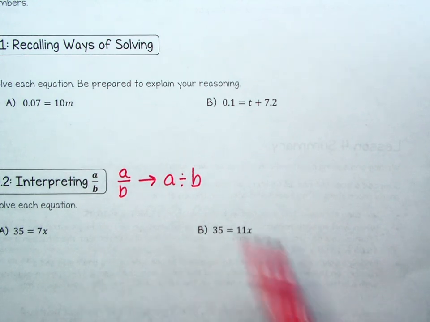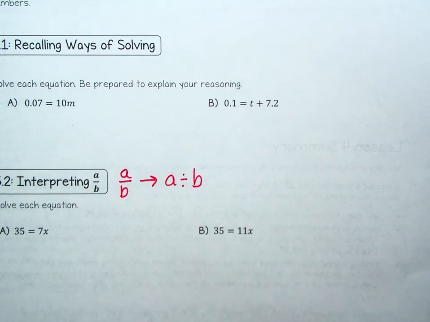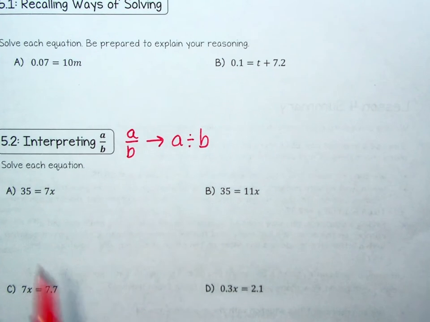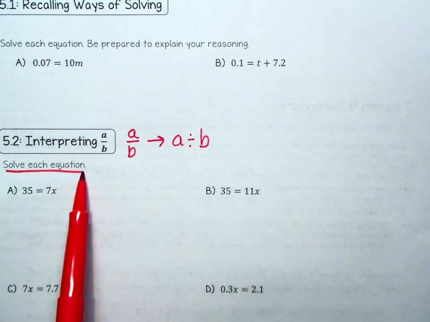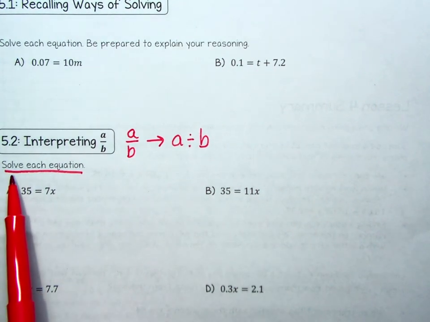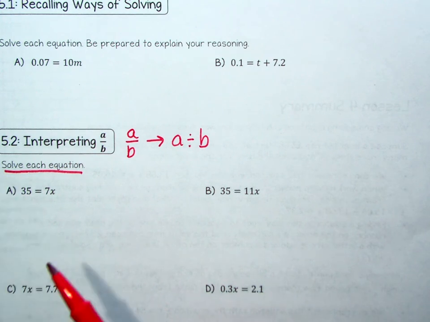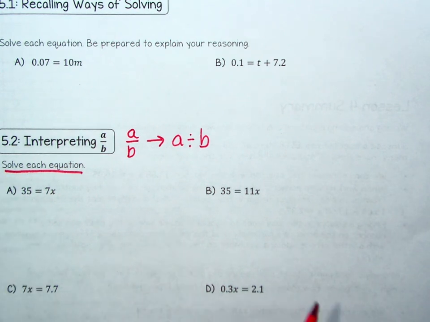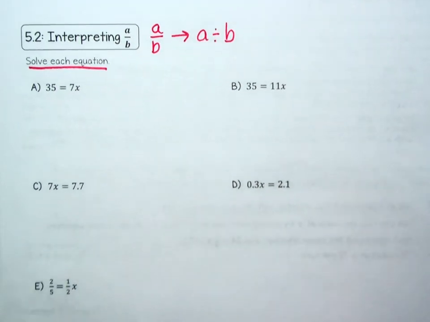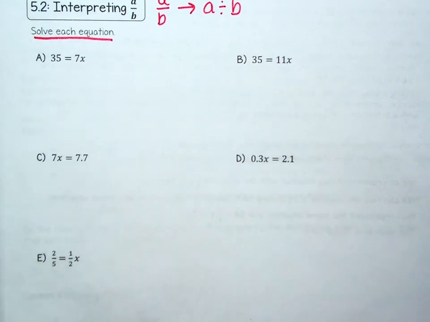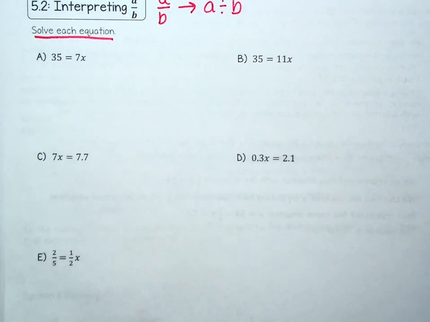The other thing I wanted to point out, this activity simply states solve each equation. Anytime you're asked to solve an equation, it implies there's an unknown number, a variable, and you want to find out what that value is. Now, as I look at there's 5 different equations here, one thing I want you to notice is they all have the same